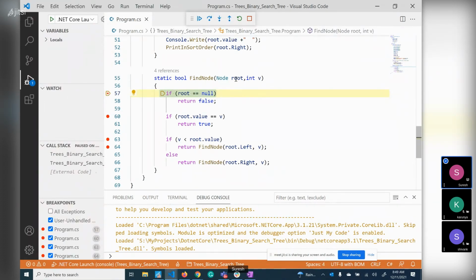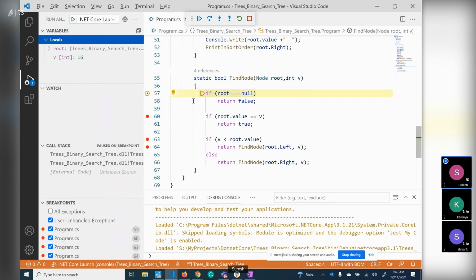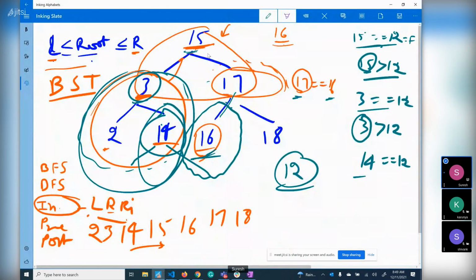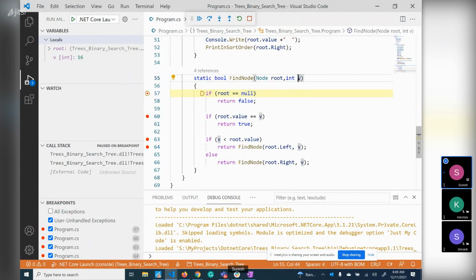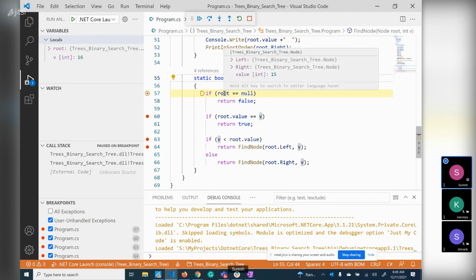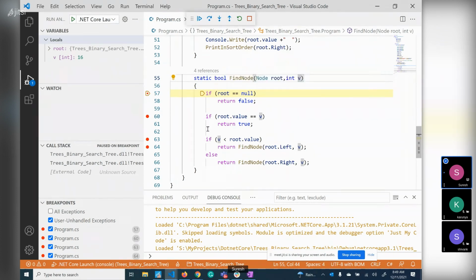So if you look here, the first value is 15. We started with value 15, right? In locals, the value is 15 here, and v equals 16. We are finding the value v. We are looking for value 16, and the root value is 15. So now what happens? If I continue,